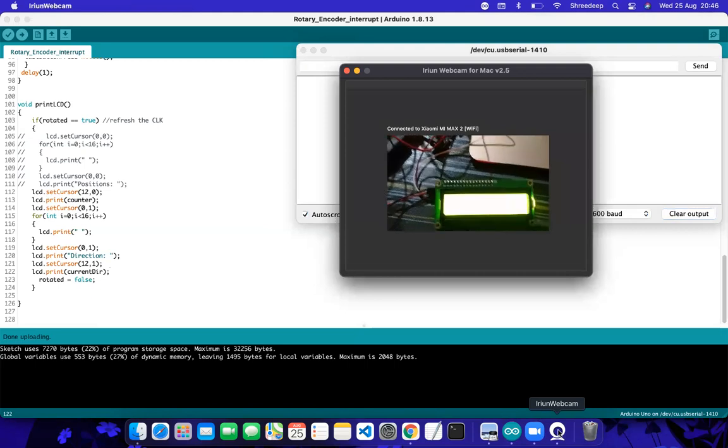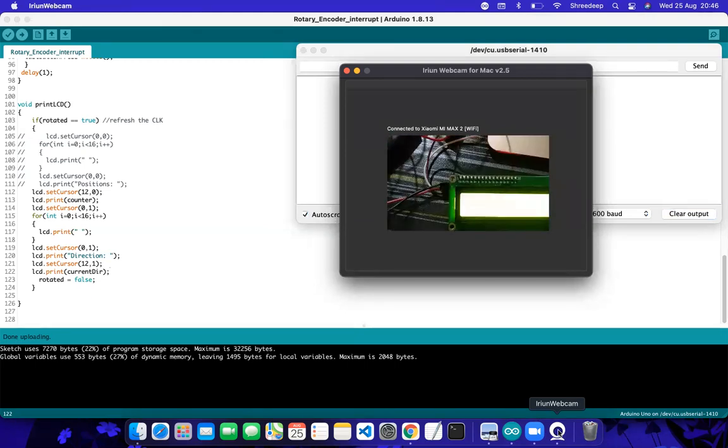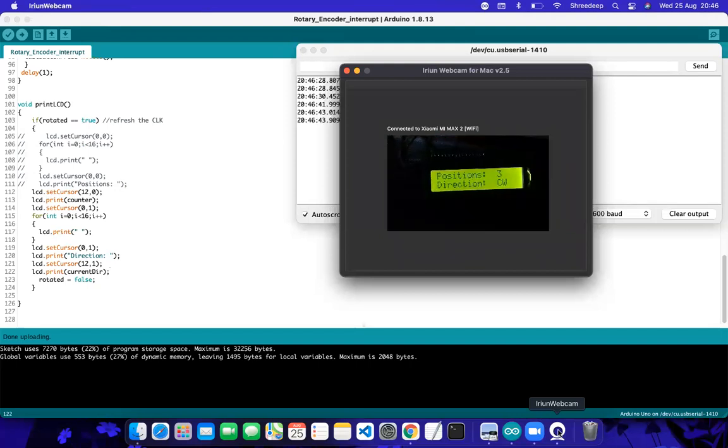So instead of clearing both values, it only gets updated in the second one, because this position remains the same. This variable remains the same and will not change. The change occurs in one direction, CW. After that, you press the button, and the position remains the same. That is possible.